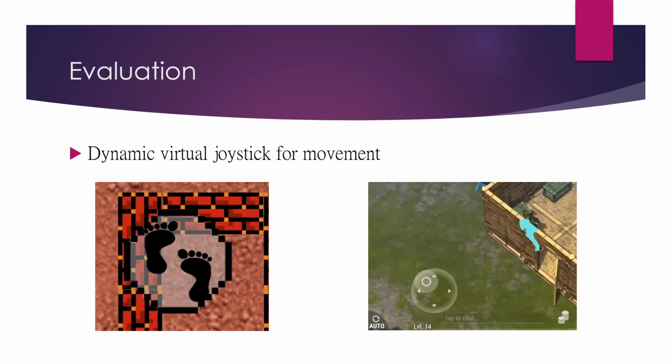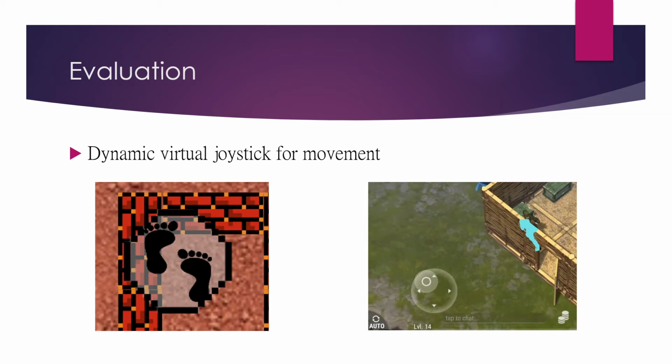Alright, so the movement virtual joystick. This time, however, Last Day on Earth did a better job than the sample game created because they used a dynamic virtual joystick instead of a static virtual joystick, which means the pivot point of the joystick will change according to where the player pressed the screen. For instance, if the player pressed the top left corner of the screen, the pivot point of the virtual joystick will change to the top left corner. A static joystick, on the other hand, has a fixed pivot point. It's always there. It will not change unless